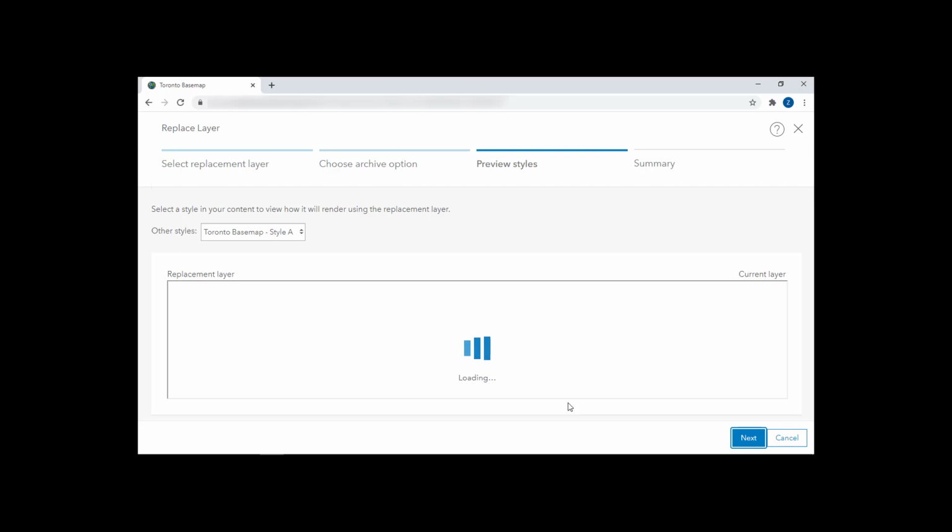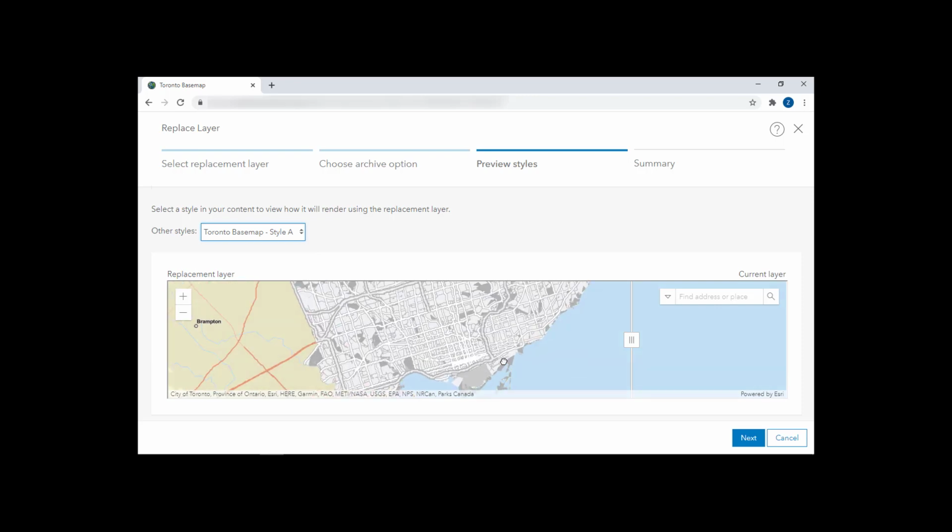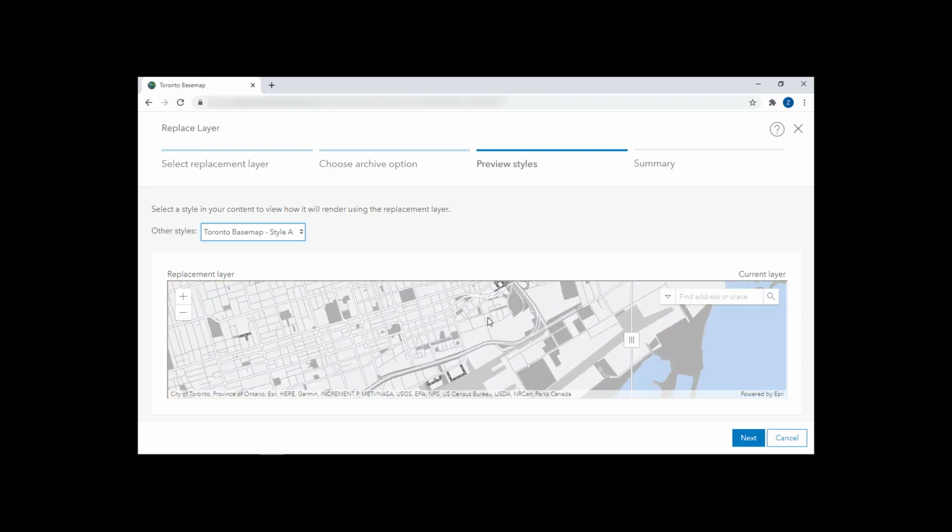If you have styles applied to your layer, the next tab allows you to preview how those styles will look like with your updated data edits. In this case, I have two styles applied to my map, style A and style B. If I zoom in to where I've made my data edits,